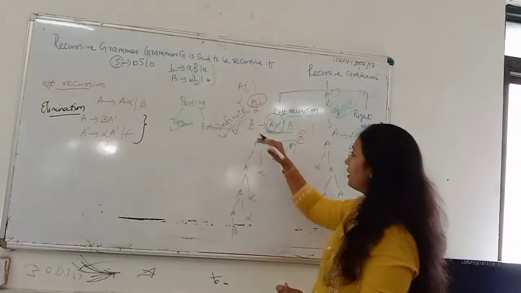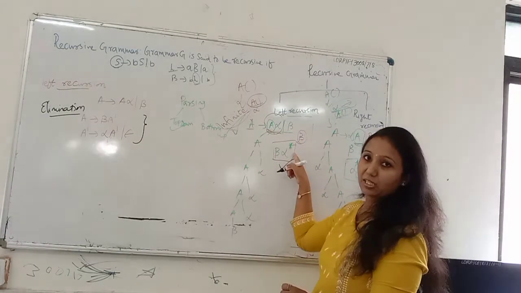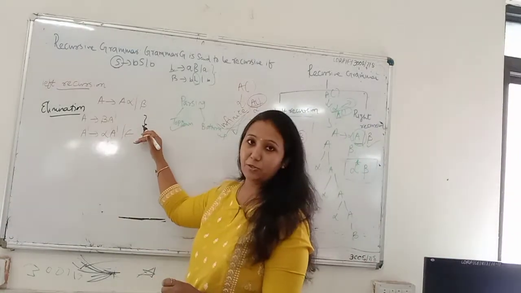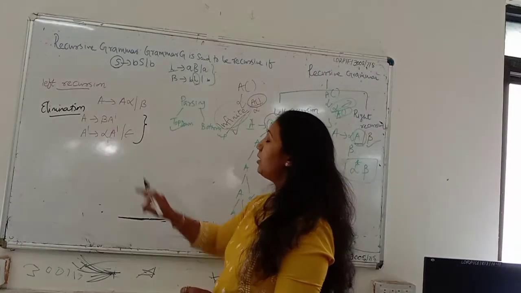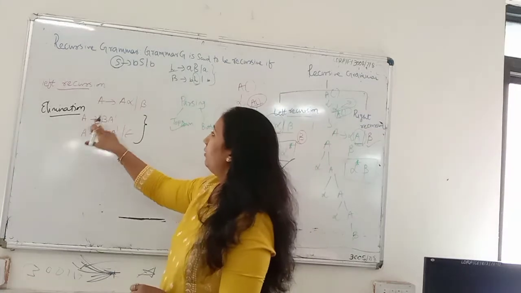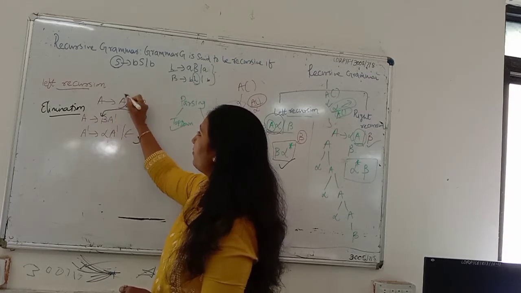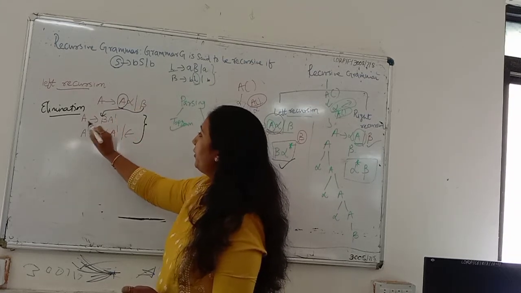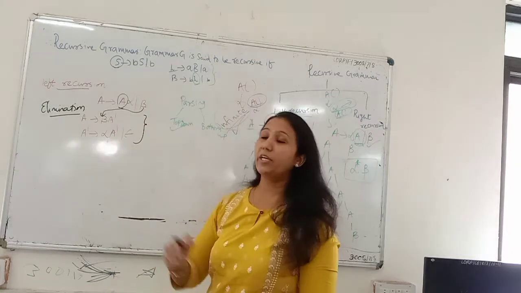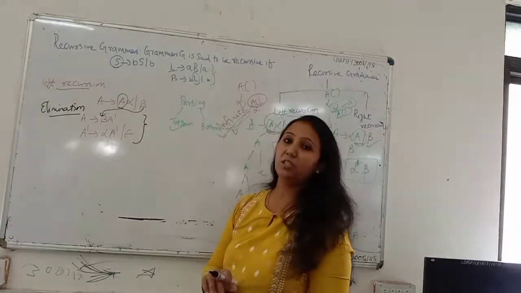We can write the same production in this way to generate the same string. We have seen that from A → A alpha or beta, the string generated is beta alpha star. The same string would be generated after rewriting it this way. So let's see how we can eliminate it. If our production is of the type A → A alpha or beta, we need to remove this left recursion, so we rewrite it as A → beta A dash, and A dash → alpha A dash or null. By rewriting the production with these two productions, we can remove the left recursion.